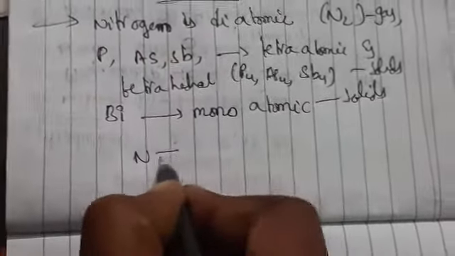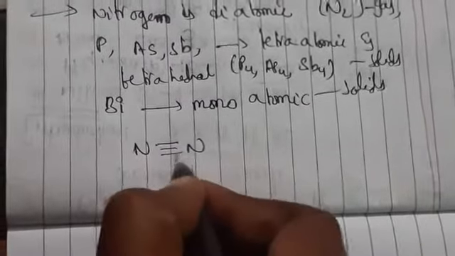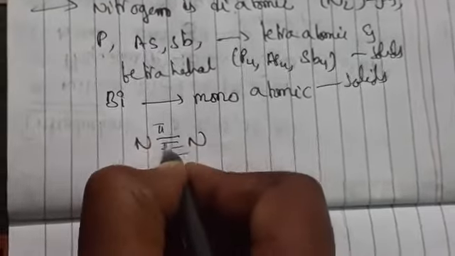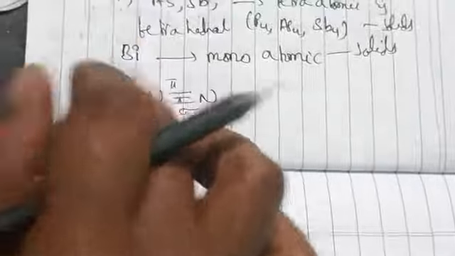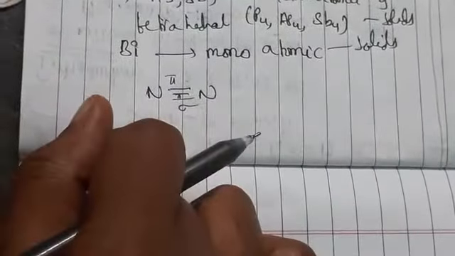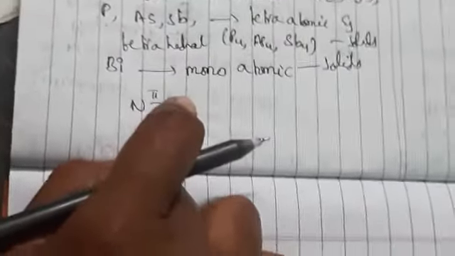So now nitrogen will be having a triple bond. So the structure of nitrogen will be how? This is the structure. It consists of 1 sigma bond and 2 pi bonds, if you have observed. So nitrogen is chemically inert at room temperature. Why? Because it has high bond dissociation energy also. So the metallic character of these elements generally increases. Why? Because if atomic number increases, automatically the metallic character will also increase.